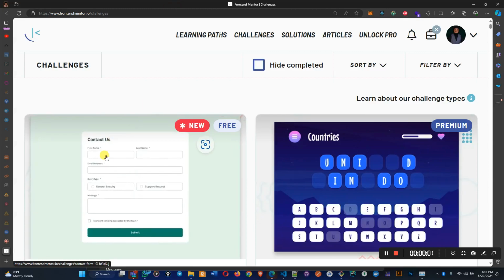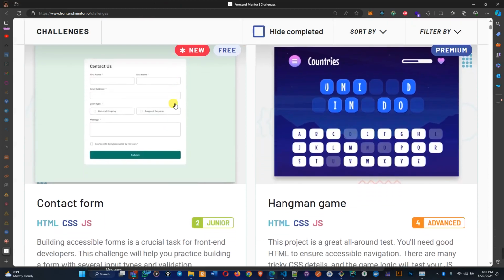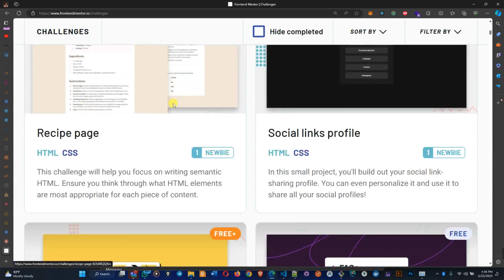Work of flex going on there. You can see these two things, this first name and last name, they are side by side. So that's your flex. The same thing here too. You need to group all this in. The thing here is that the arrangement from the HTML is